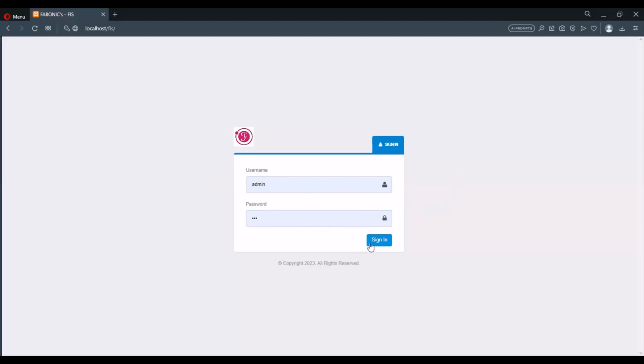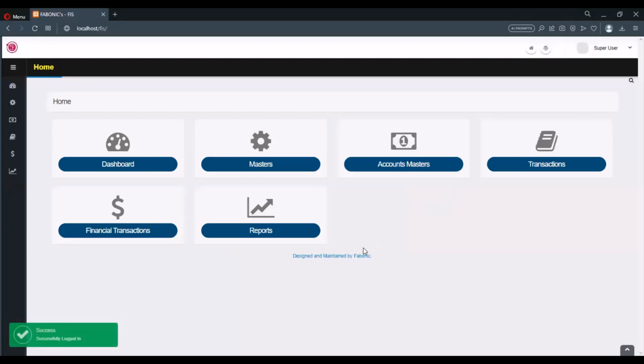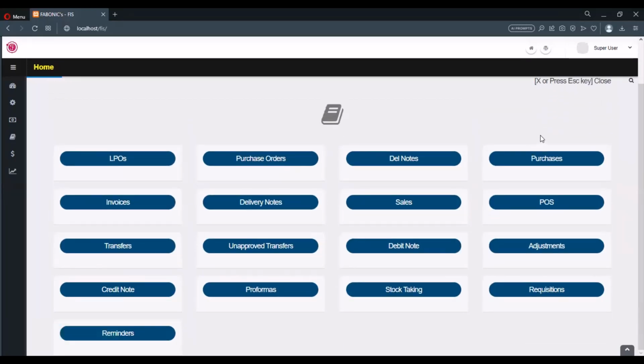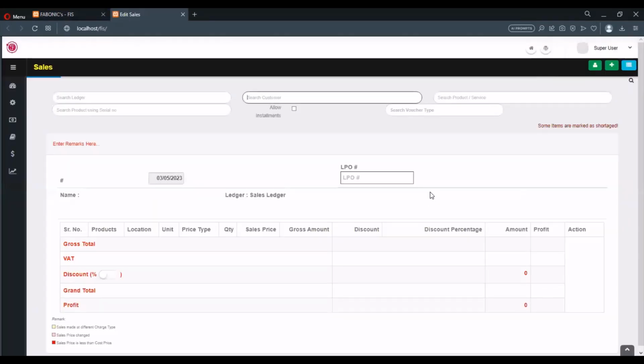So after login, I'm going to choose a transaction menu. So I'm clicking here and then I'm choosing cells, which is a submenu where I'm going to do my cells. There are different options, but the essential ones are search customer name, and the second one is search product or service. So I'm going to write the customer name I'm selling to,